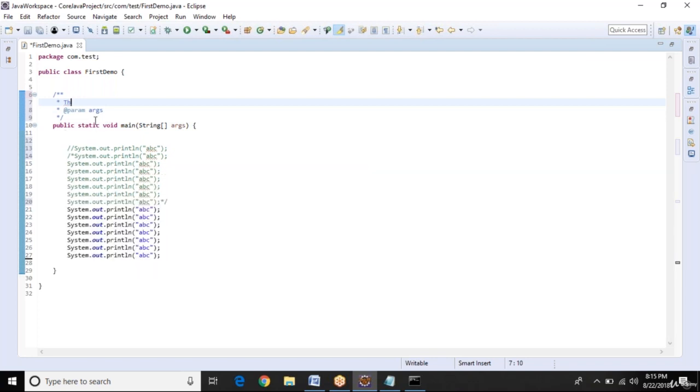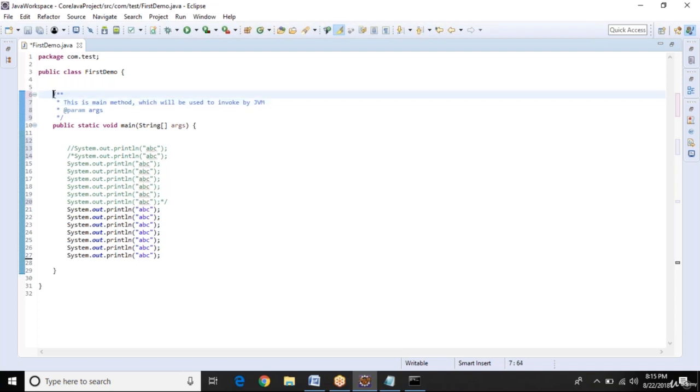So let me write, this is the main method which will be used to print or used to invoke by JVM. That kind of thing we can write here.